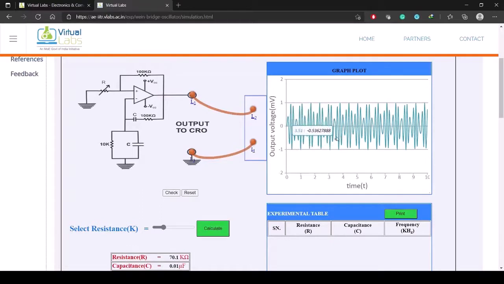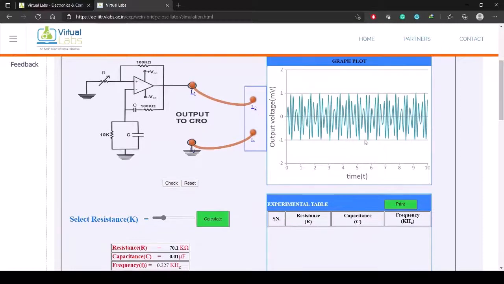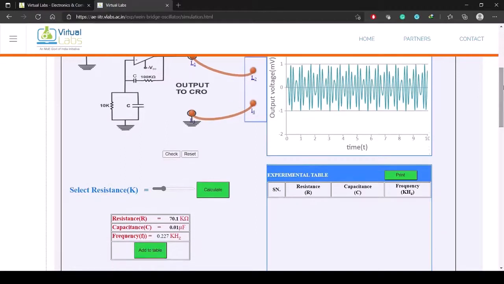You get an oscillation, but it is not a sustained oscillation, because it is not satisfying that condition which I have told already. And to calculate this frequency, you can use the formula F = 1/(2πRC). To get a sustained oscillation, I already told you the conditions. If I apply that condition, we can calculate the value of R, and that value comes out as approximately 9 kilo ohm.